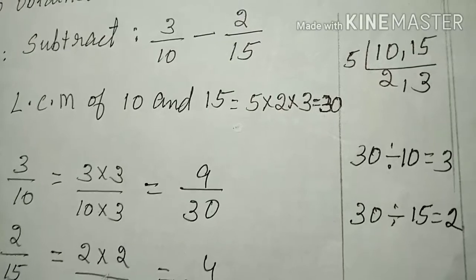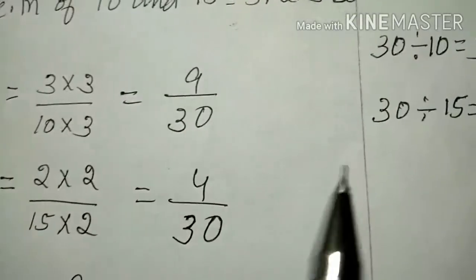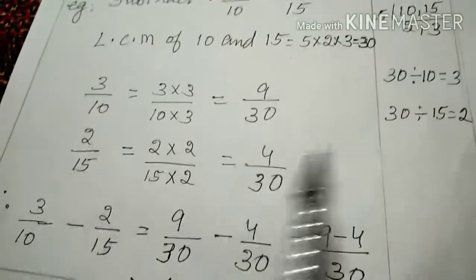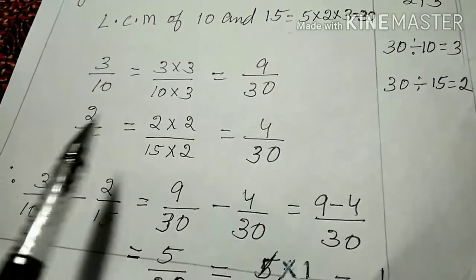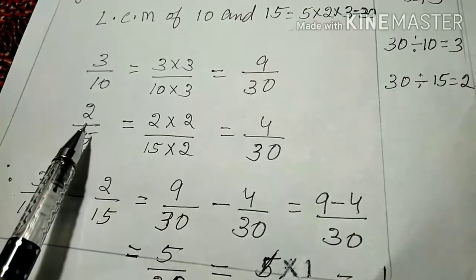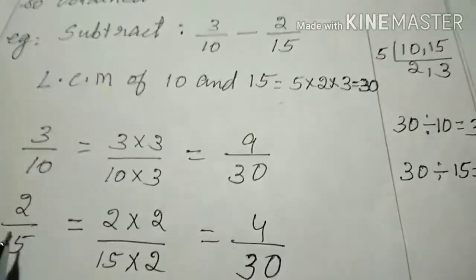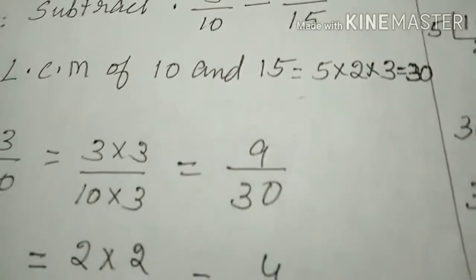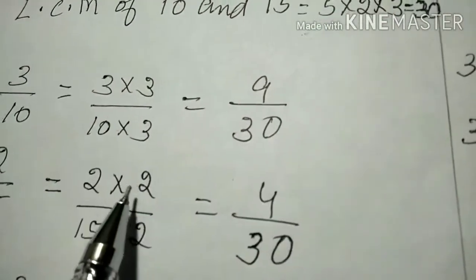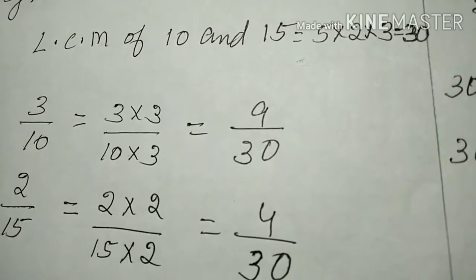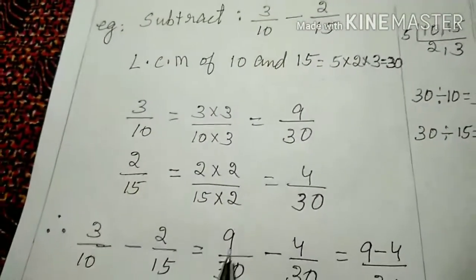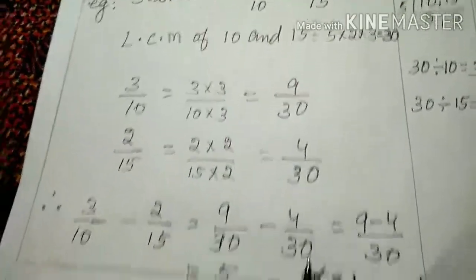multiply 2 by 2 and 15 also by 2, and this number 2 is obtained by dividing the LCM 30 by the denominator of the second fraction, that is 15. After getting the number, multiply both numerator and denominator of 2 by 15 by 2. Therefore 2 by 15 is equal to 2 into 2 by 15 into 2, that is equal to 4 by 30. Therefore subtracting 3 by 10 minus 2 by 15 is equal to 9 by 30 minus 4 by 30,